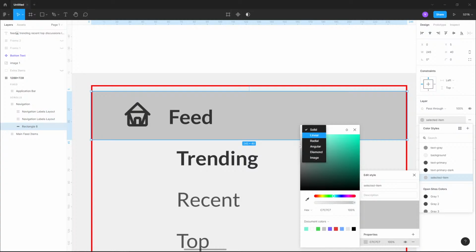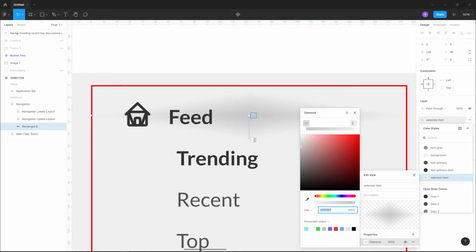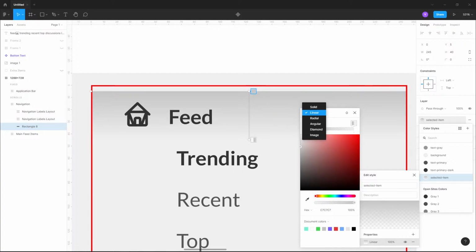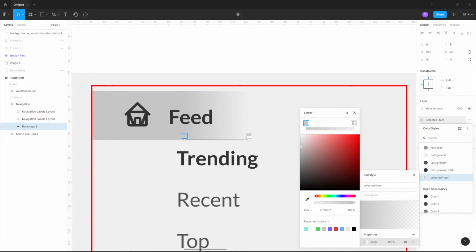You can also change it from a solid color to whatever you want, any sort of gradients. You can add an image. Gradients are funky. You don't want to overdo them, although they can be good. You can do a linear gradient here, so I would do it from left to right, kind of like a banner of sorts. But again, you're kind of changing the game here because gradients are very risky. A lot of people don't like them. A lot of people do like them. And especially in modern UIs or minimalistic UIs and stuff,